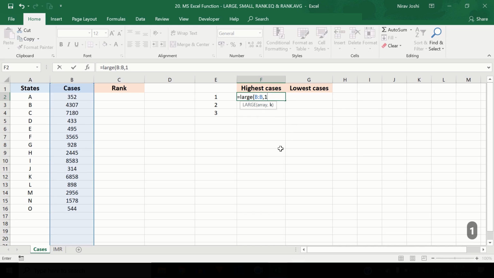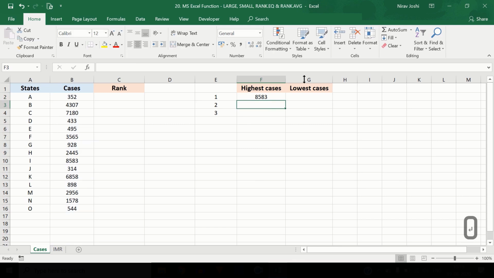So if you enter 1, it means you want to have the highest data in the provided range. If you enter 2, means you want to have second highest data in the provided range. So here I am placing 1 or selecting this cell directly which has 1 in itself. Complete the parenthesis and press enter. So it will give me the highest value in the provided data series. Now I can drag this value downwards and it will give me second and third highest value in the data.